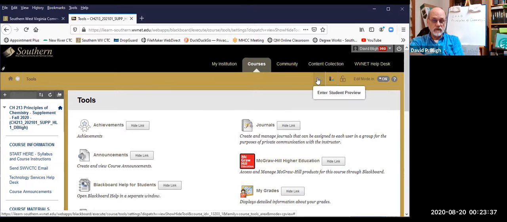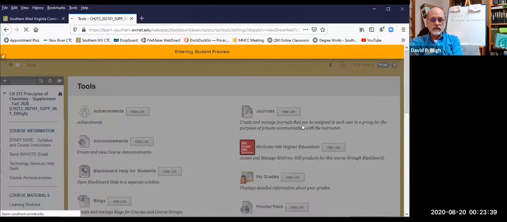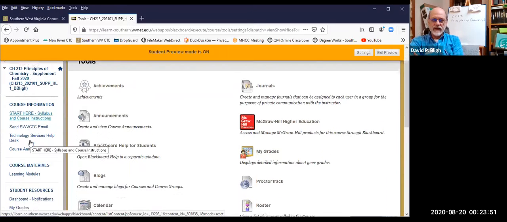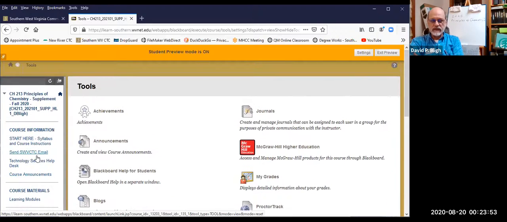So I'm going to switch over to the student view, the preview, and it sent us to the tools page. No problem. Look over here on the left. This panel on the left-hand side has all the links that you'll need to get where you need to go. First one we're going to look at is course information. This is Start Here. Before we do that, I want to call your attention to this